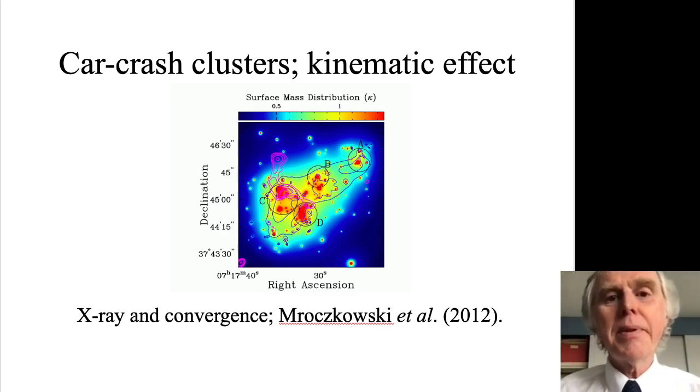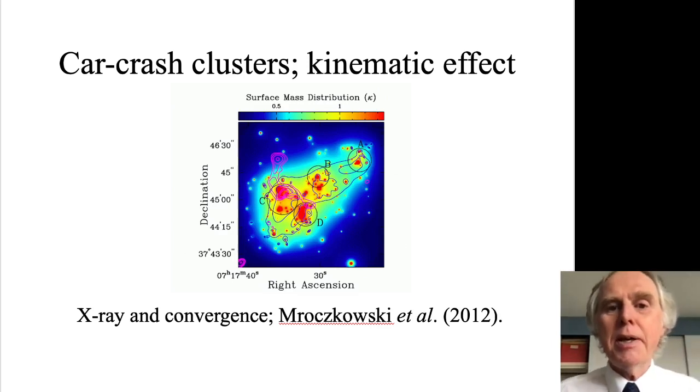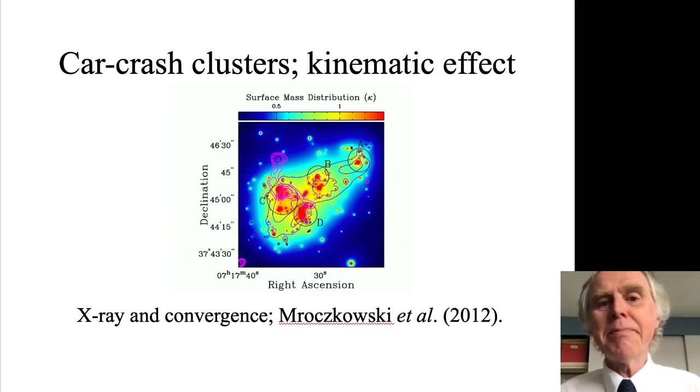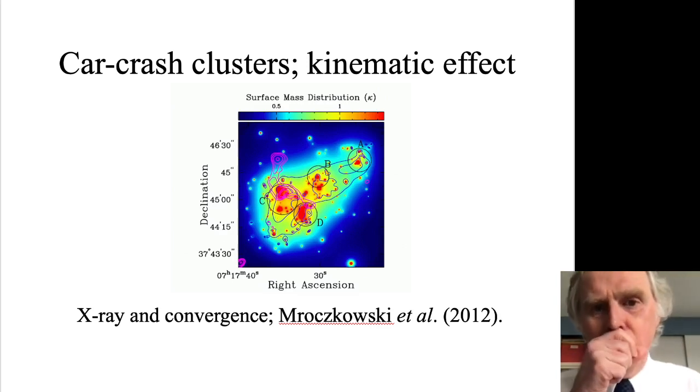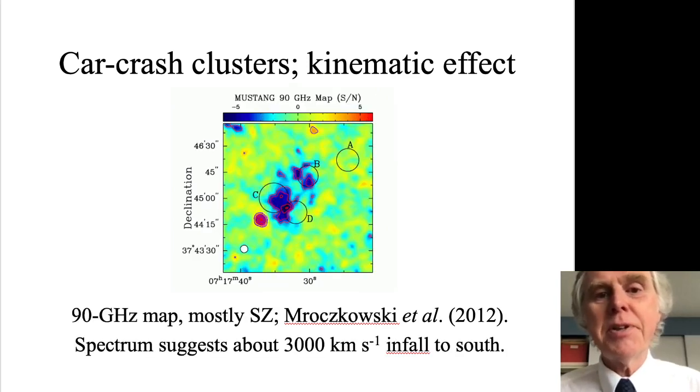And here the SZ effect, which I'll show you in a minute, is associated with particular subsets of these merging clusters A, B, C and D. The picture here is of the mass distribution of the cluster as measured through gravitational lensing in the colour scale. If you compare that with the Sunyaev-Zel'dovich effect, you can see very large SZ effects